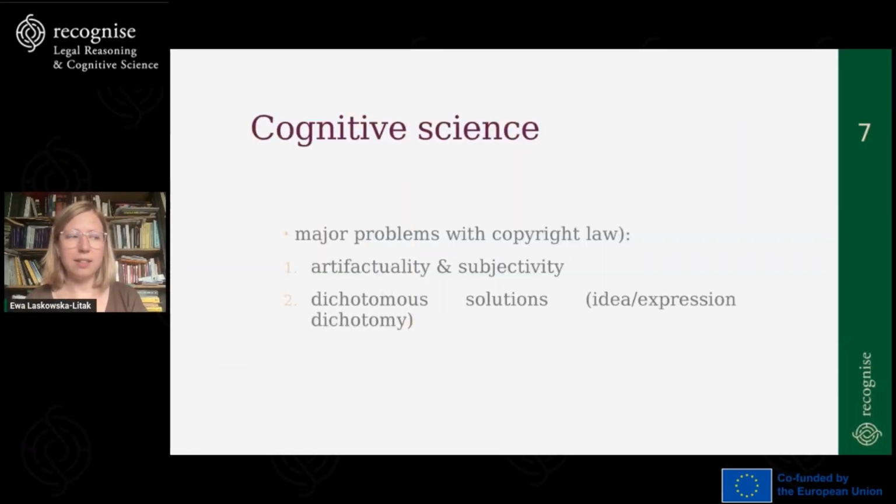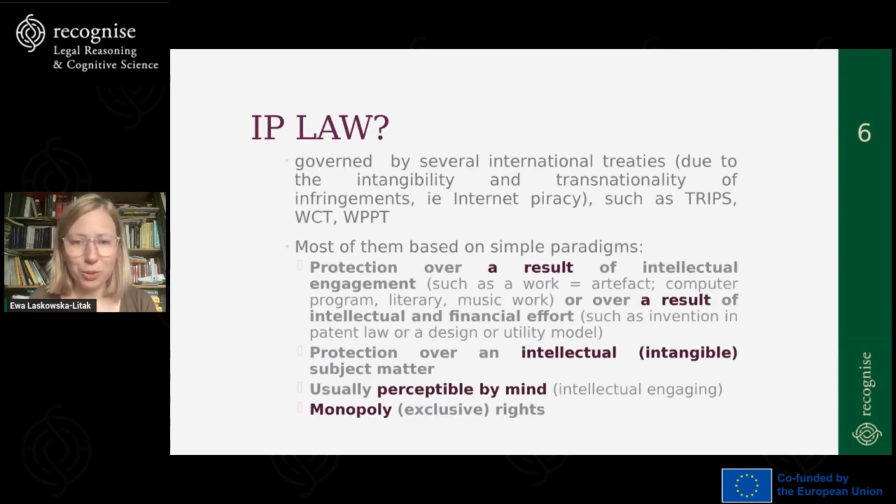Now, we finished the second part with a short reminder and a conclusion: that intellectual property law is, first of all, governed by several international agreements, mostly illustrated on the example of copyright law. And secondly, with my small and quite limited reminder of the basic paradigms of intellectual property law, on the example as well of copyright law,